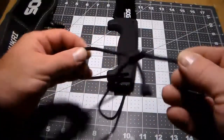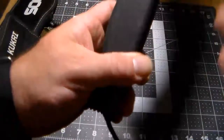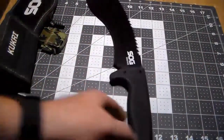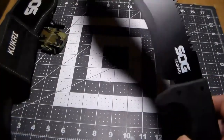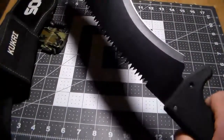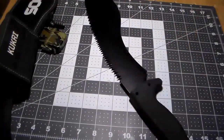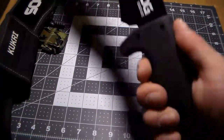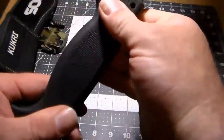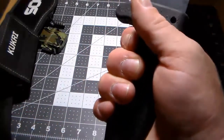Alright. So that is our adjustable lanyard, which is actually a tool. I guess the next step here is to go out back. We're going to chop some stuff with this, and I will show you how this really allows you to hold on to it without losing control. Now, this has a very rubberized handle, which is great even when your hand sweats, but